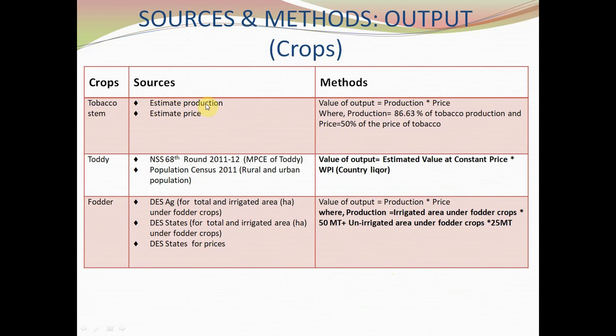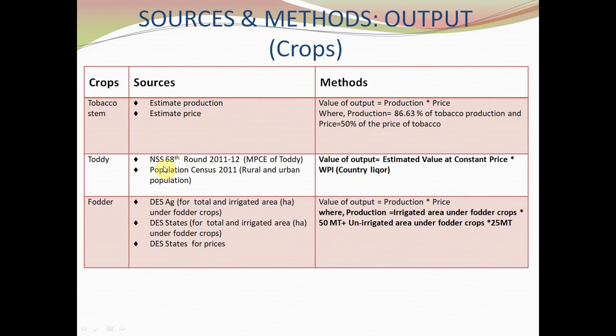tobacco stem, having sources for production, for production we are taking estimated value and prices are also estimated. For production we are taking 86.63% of total tobacco production, and for price we are taking half of the price of tobacco. For toddy, for which